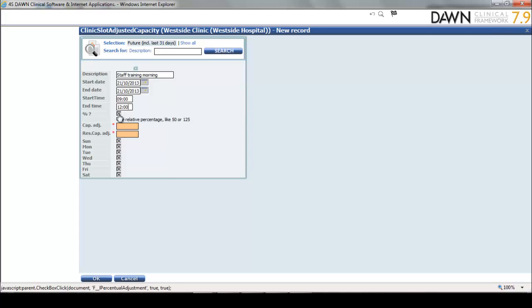In this example, I want to actually uncheck that box because I'm going to give specific figures. I'm going to give specific numbers for this adjustment. So from 9 to 12, I want to block out that morning completely. I don't want anybody in that morning. So I'm going to put